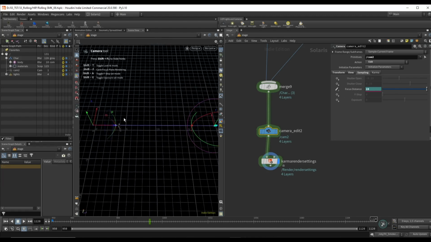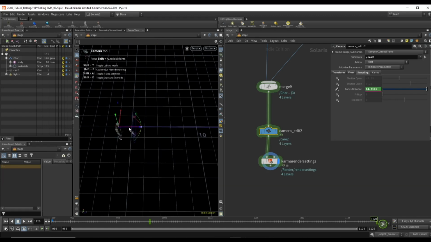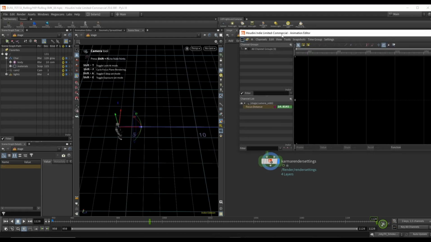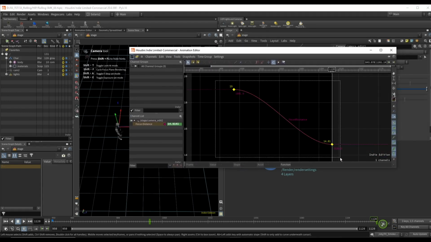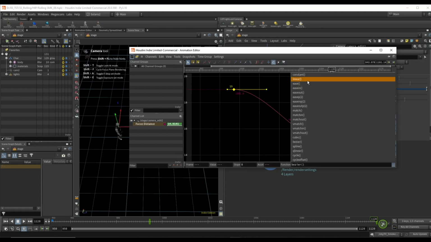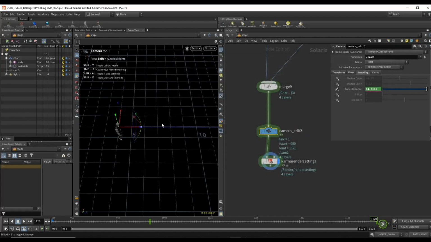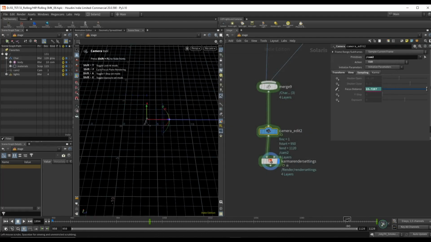And since this is an animated value now, I can just simply drag this over here until it matches with our character. So let's make sure that the focus remains on the character. This will automatically add a keyframe now that I move this in the viewport for this value of 315. Let's also shift click this value so we can look at our keyframe. So I can press F, and by default it creates this Bezier interpolation. Let's grab the keyframes and set this to a linear interpolation, and now essentially the focus should follow our character,